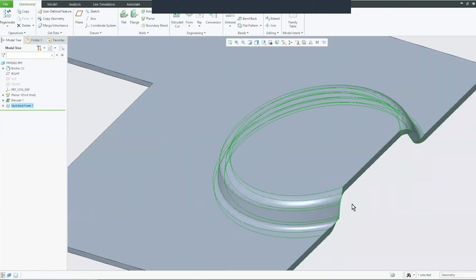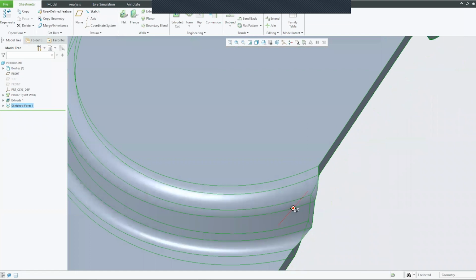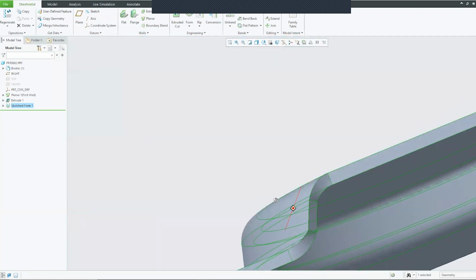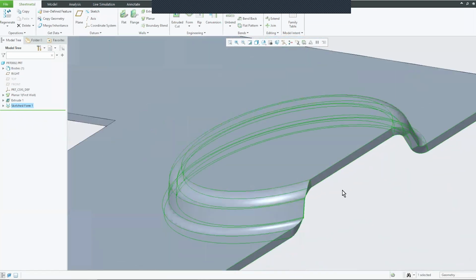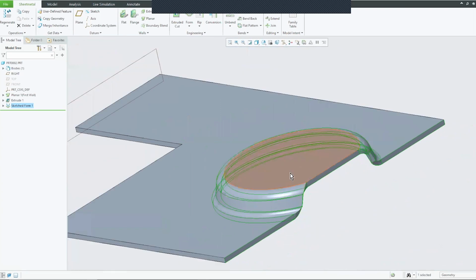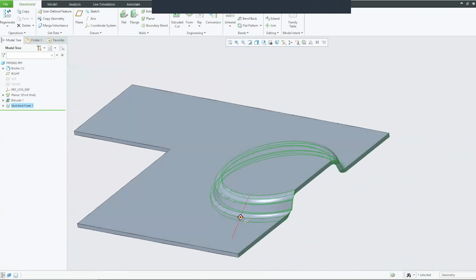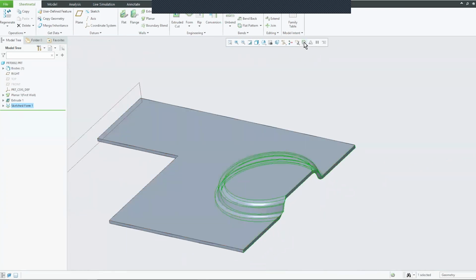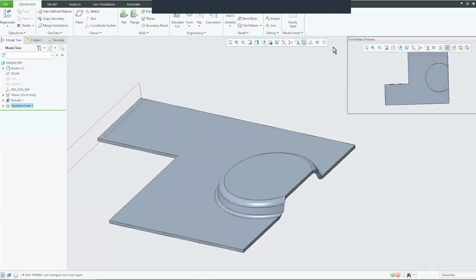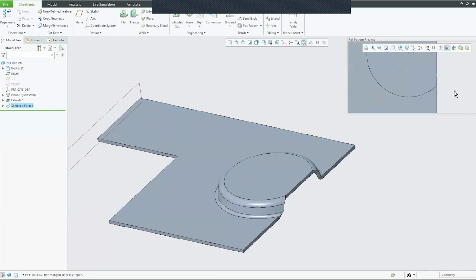And if we look at the edges, you can see that they're a little off, and it just has to do with the way that Creo works. It's doing an offset surface on this to create the form feature. But the thing is that if we go in and look at it in the flattened out version, we can see that waviness right there, right? So one of the things that we can do is we can take that feature and take advantage of what,